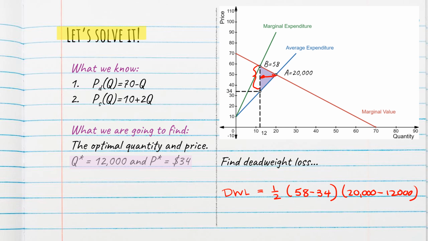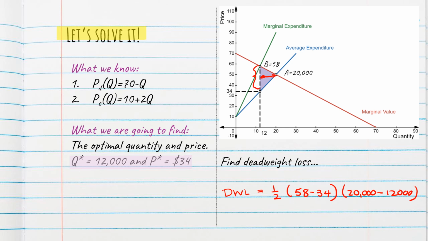The thousands matter here because we're computing a dollar amount of deadweight loss, and while Q is in thousands, the total reduction in quantity from the monopsony is 20,000 minus